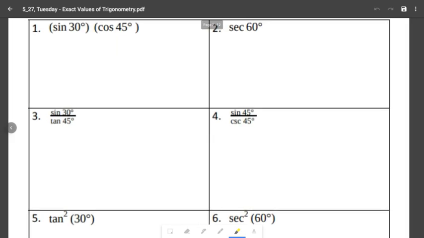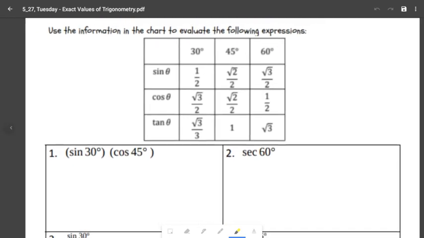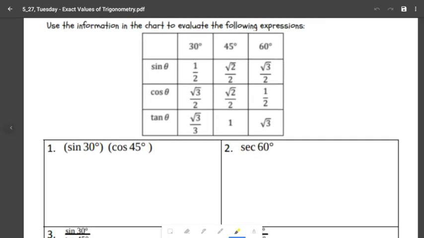So on this page here, we're going to practice using this chart. So for the first one, it says sine of 30 times cosine of 45. So let's start with sine of 30. So again, we're going to go to sine, and we're going to go to the 30, and where they overlap, that is your answer. So 1/2